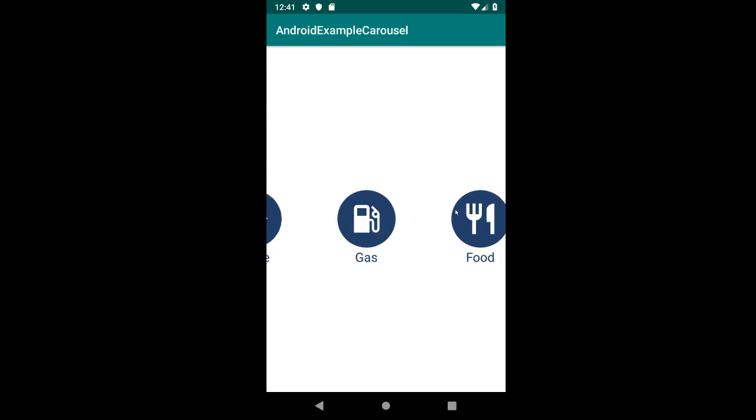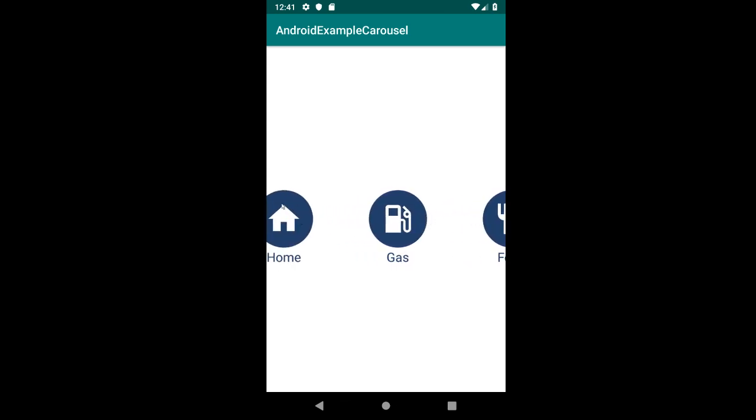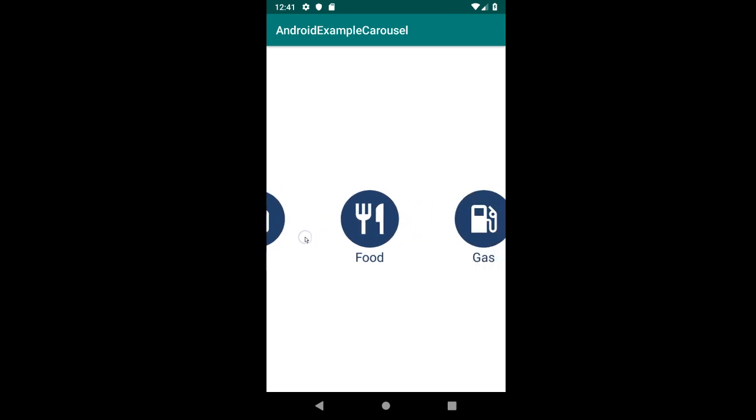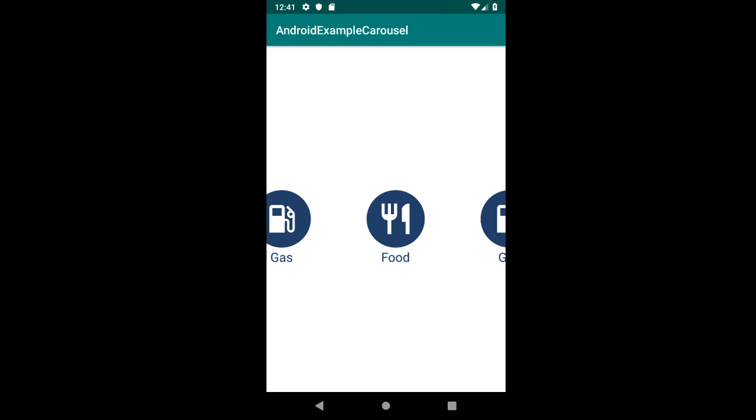But the point is that we're going to have to redraw the scale for all the views whenever their position changes. So whenever the scroll changes, we're going to post once again, just to make sure everything is done, data being set, views, children being set up properly, because we're going to be using the child's widths and X positions, Y positions, stuff like that. We want to make sure they're 100% finished laying out before we try and alter their scale or anything like that. So once everything is done being set up on the screen, we're going to do a loop from 0